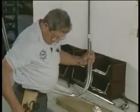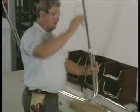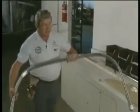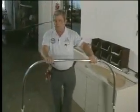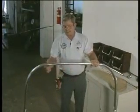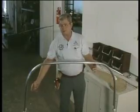The next question probably will be, and you don't even need to ask, it is, what is the dimension from the end of the frame to here? It doesn't matter, because if the frames were cut and bent to the right proportions when you designed them, and you line them up so that the center marks and the leg lengths match up, then it automatically lines up. You don't have to worry about what that dimension is. Now your frame's